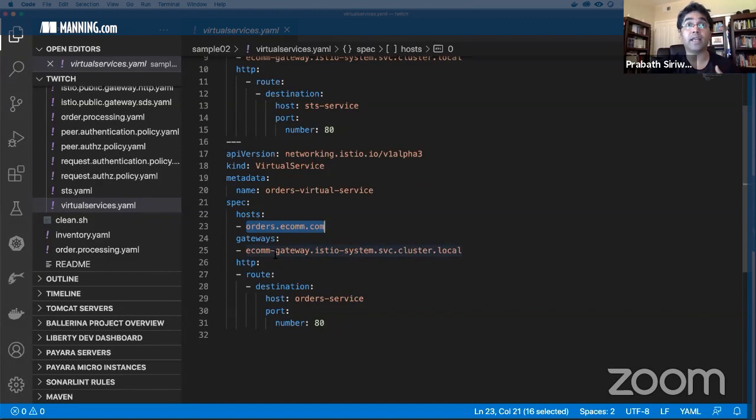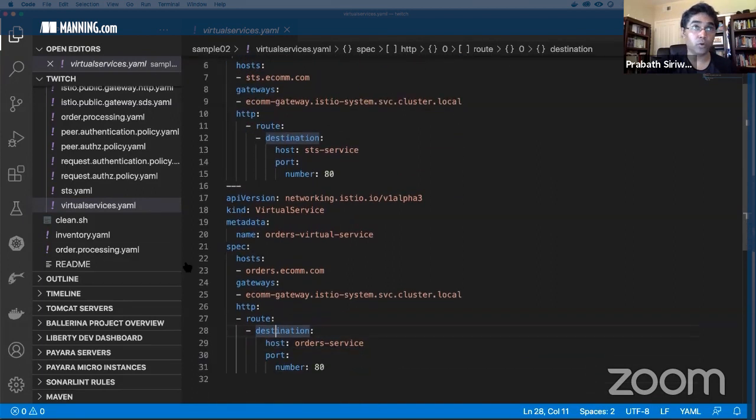And in fact, you can attach a given virtual service to multiple gateways, and one gateway can route traffic to multiple virtual services. So now, looking at this configuration, Istio will pick, okay, this is the gateway, this is the corresponding virtual service, and still we don't know how to route traffic to the Kubernetes pod. Here it says this is a routing rule. You need to route any traffic coming to this virtual service to port 80 of the order service Kubernetes service. So this is the name of the Kubernetes service.